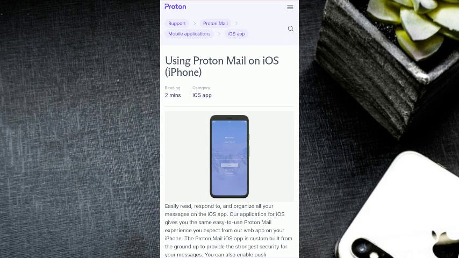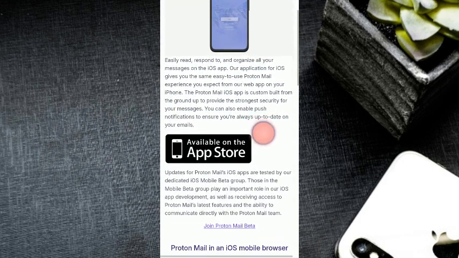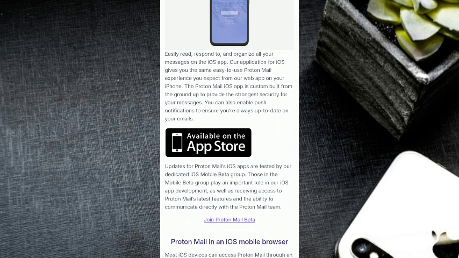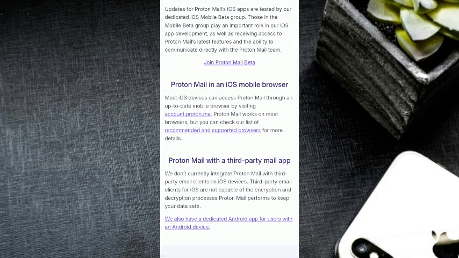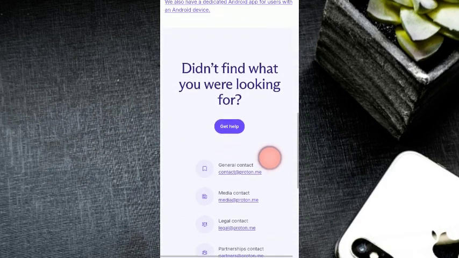First, you have to enable notifications in the Proton Mail app. Open the Proton Mail app, tap the menu icon in the top left, then scroll down and tap Settings. Then select Notification and make sure to toggle it on for push notification. This gives the app permission to ask for alerts. Then you can enable them in your